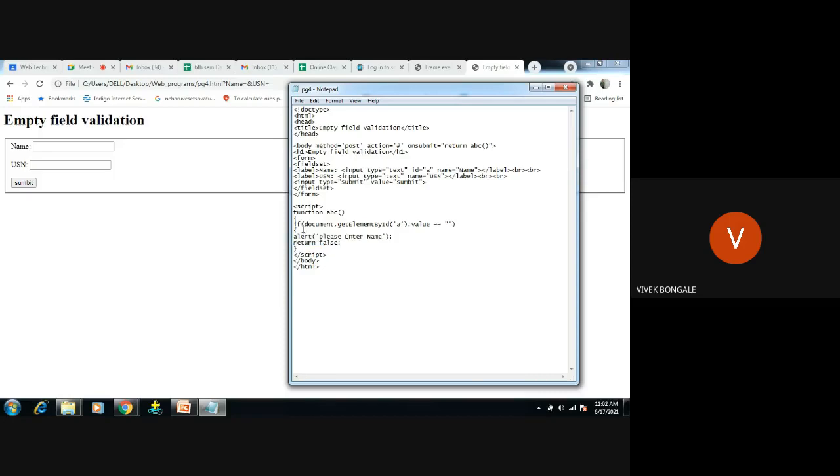That is the reason we have used the if condition here, and return false if the condition is true. If the user has not entered any value, then this code should stop executing.